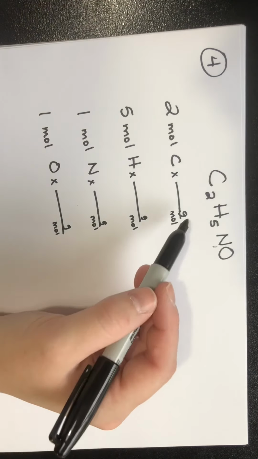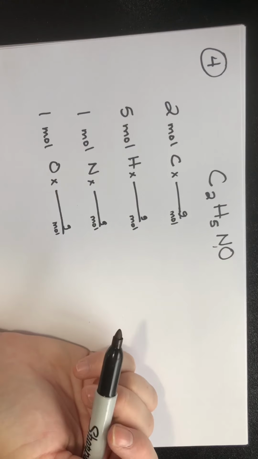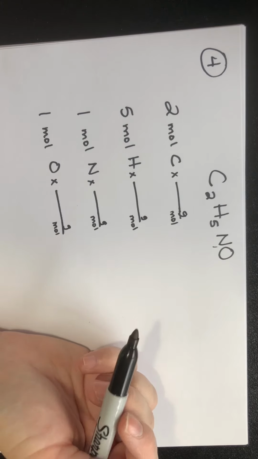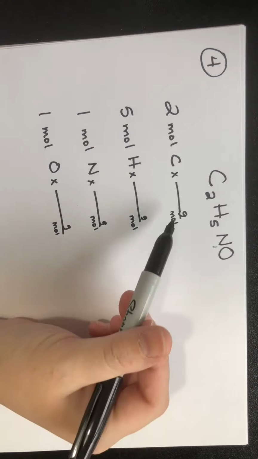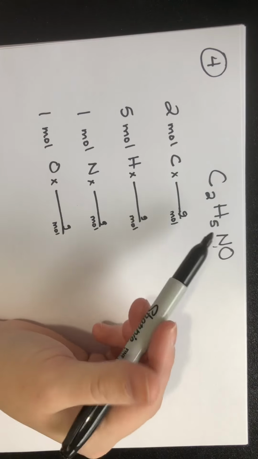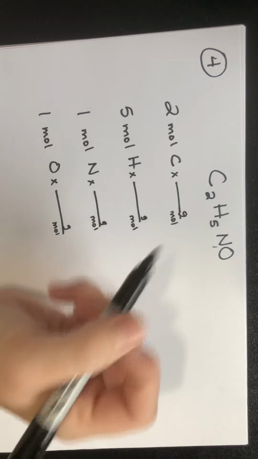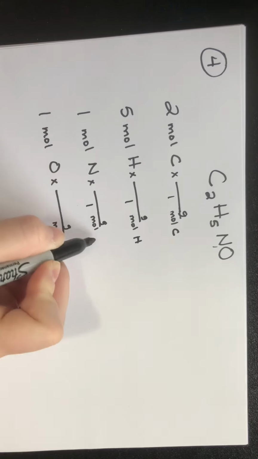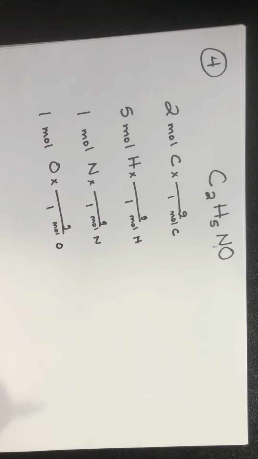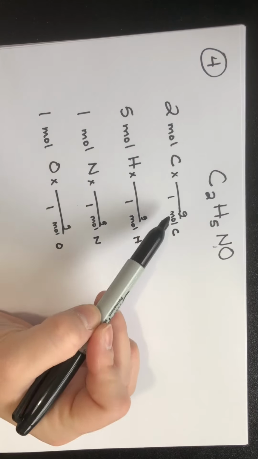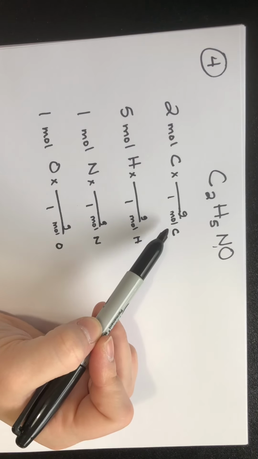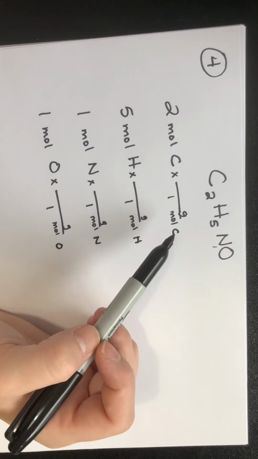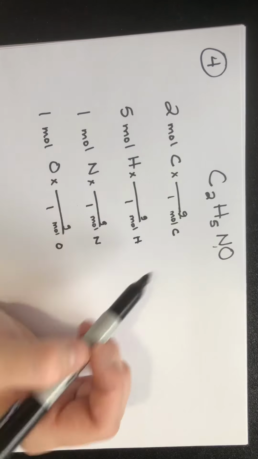Now, the relationship between these two can be found on the periodic table, just like we did in number 1. So we're looking at our atomic mass, or our molar mass. So we need 1 mole of carbon, 1 mole of hydrogen, 1 mole of nitrogen, and 1 mole of oxygen. So 1 mole of carbon, we're going to look at our periodic table, and we see by the molar mass on the bottom, the little